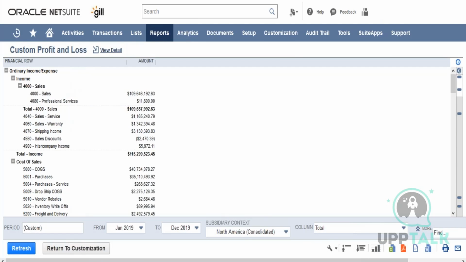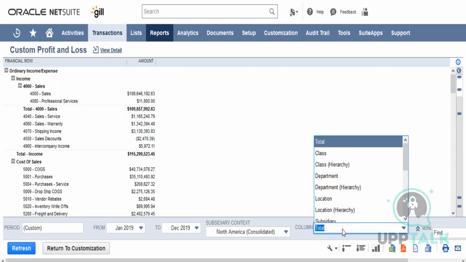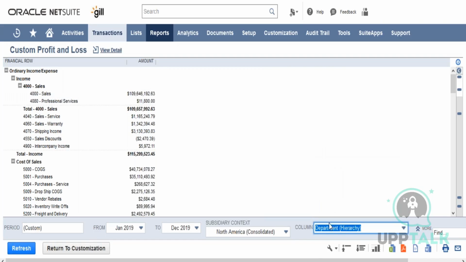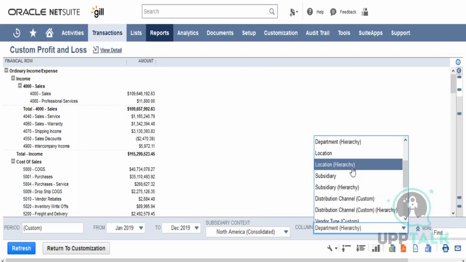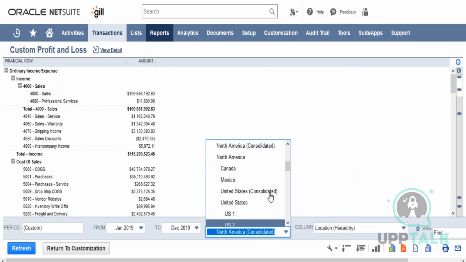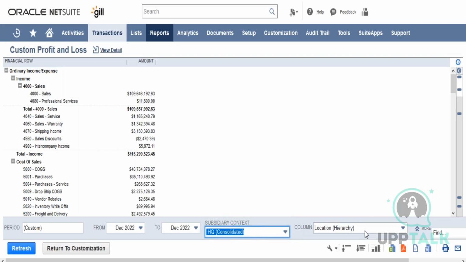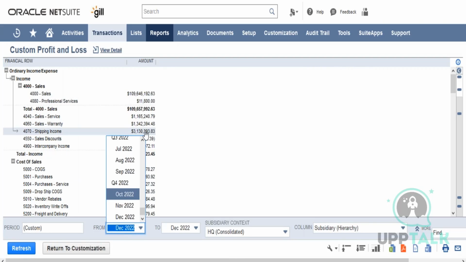One more thing that remained was in the financial report, you also have this column option. In case you want to see that at a department level in the columns, you can just select the department or maybe location. Or say I want that on the subsidiary level. So all the subsidiaries would be shown in this columnar format. So in case I change it,